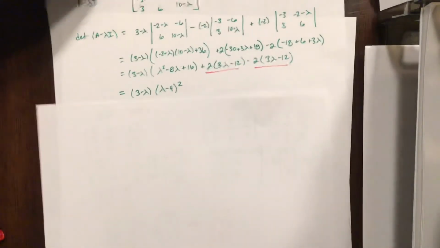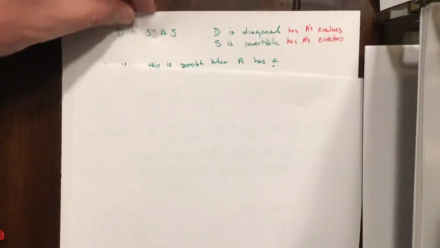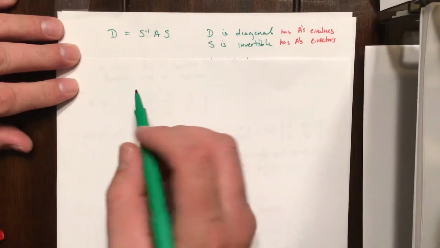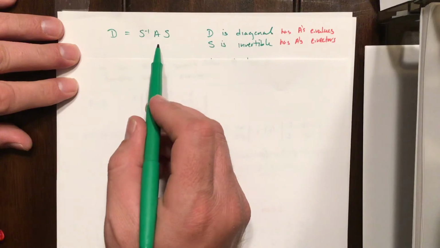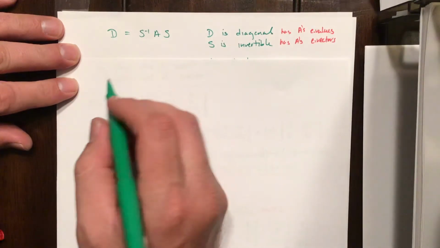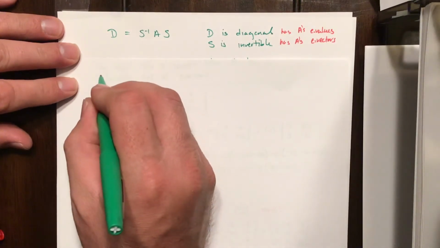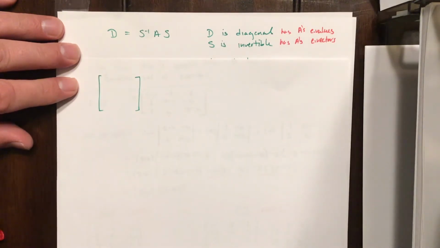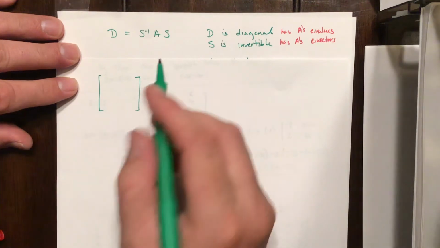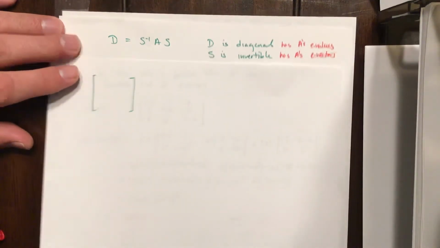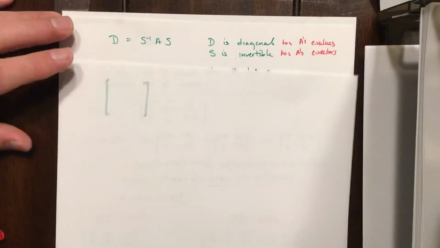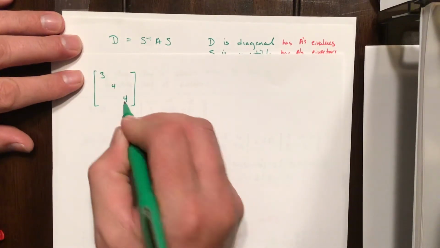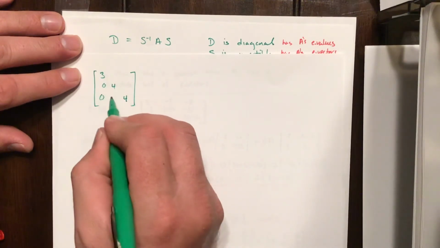So, remember, to diagonalize this matrix, I need to find the D and S that completes this equation. So D is the eigenvalues of the matrix A. So we had what? I forgot already. 3, 4, and 4. So 3, 4, and 4. And 0 everywhere else, because it's a diagonal matrix,